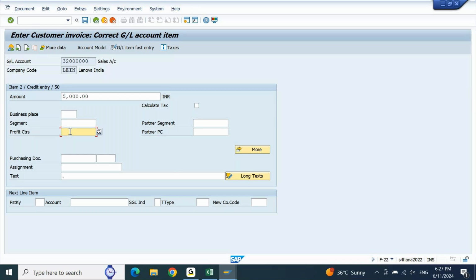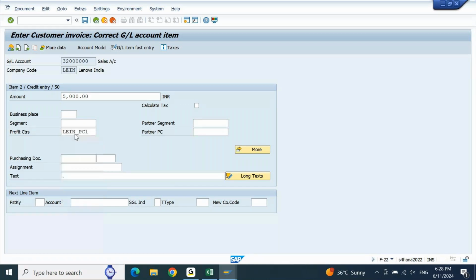A GL account has also got a field called segment, but segment you don't directly assign. Segment is derived. Segment is updated from the profit center, because inside the profit center you assign the segment. The moment you put the profit center, the segment is automatically updated from the profit center master. For example, if I give profit center 1 here,